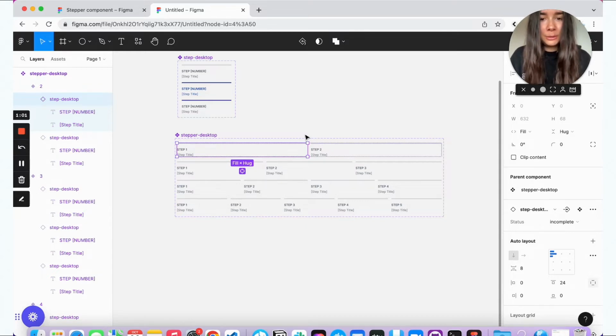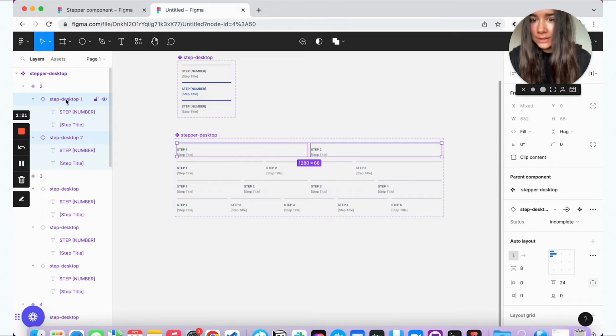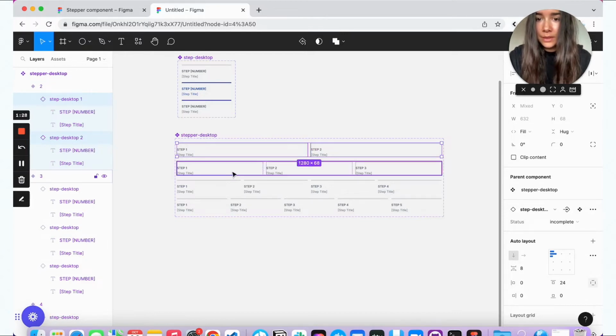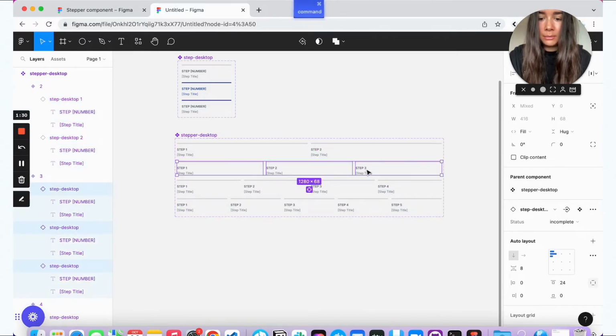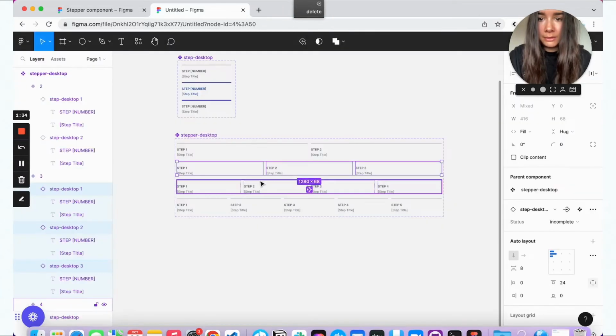So we'll have to do a little bit of work now, but we only have 4 variants, so that's okay. We selected the 2 variants, and for the first one we're going to keep the current name, and then we'll add a number. Now, as you can see, all of these changed from step desktop to 1 or 2. Then we'll repeat the same process for the rest of the variants.